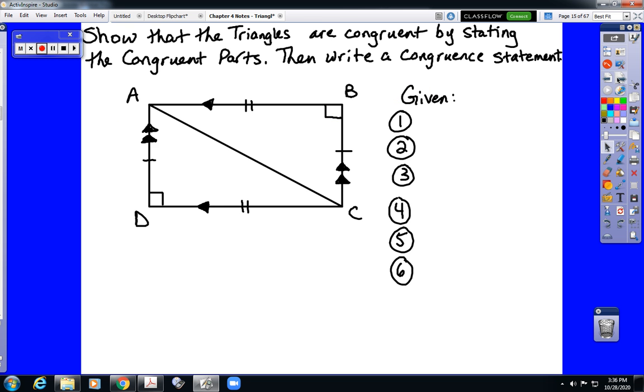Here's an example. Notice we have 2 triangles in this picture, and we are going to verify that those 2 triangles are in fact congruent. We're going to show that they're congruent by stating all 6 sets of congruent parts. After we finish that, we're going to write a congruence statement for these 2 triangles. So if we look at the picture, some of the information is already given to us. We have that